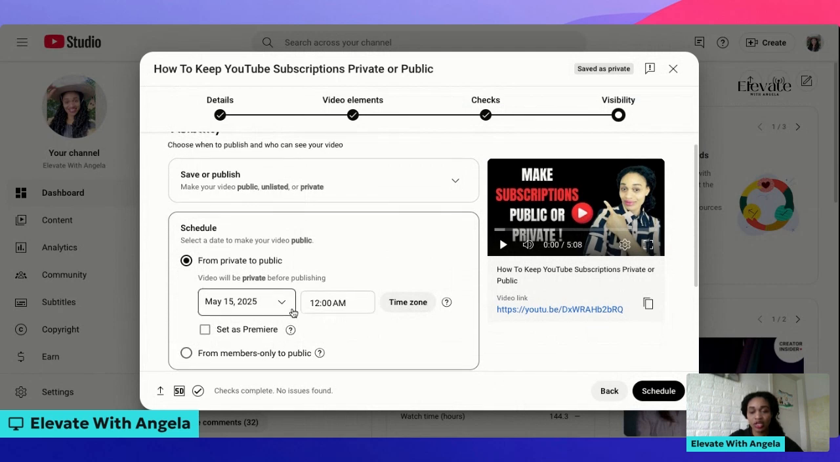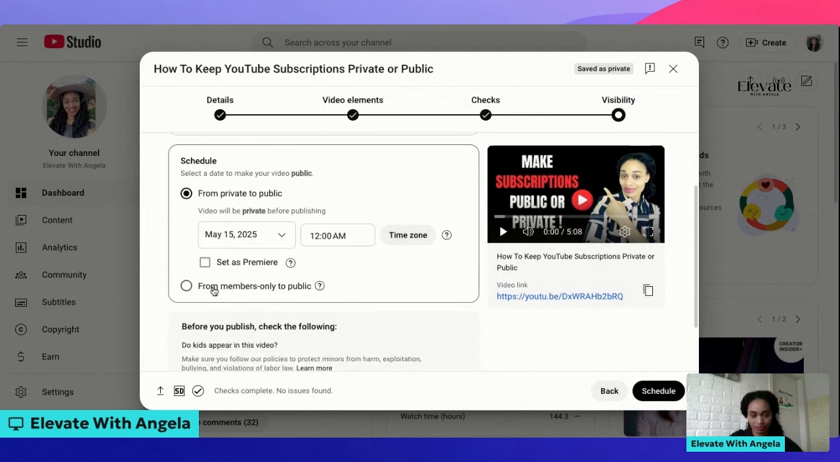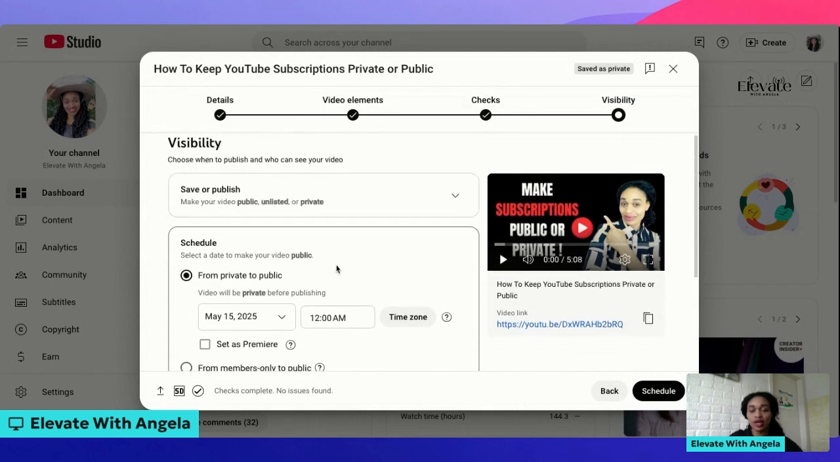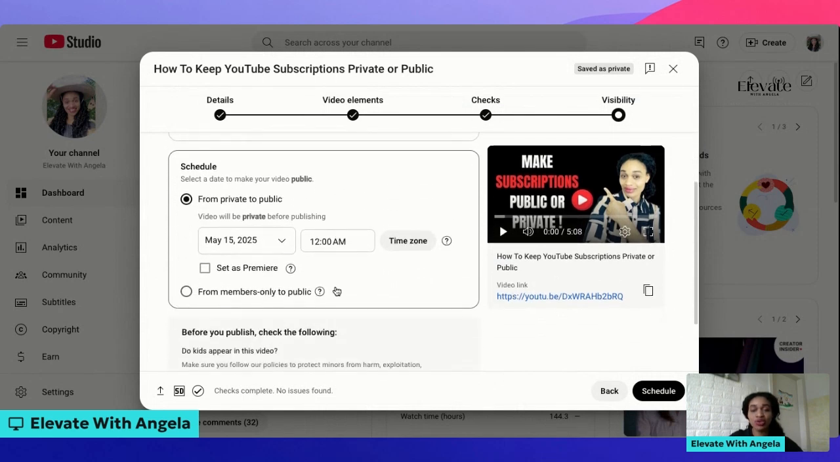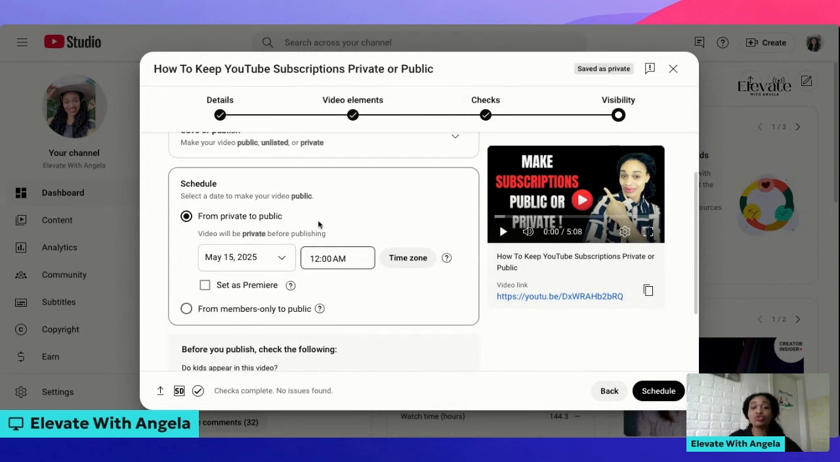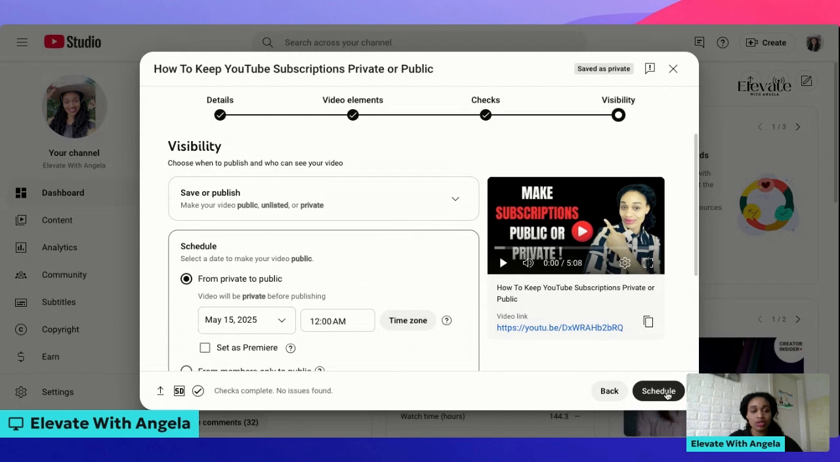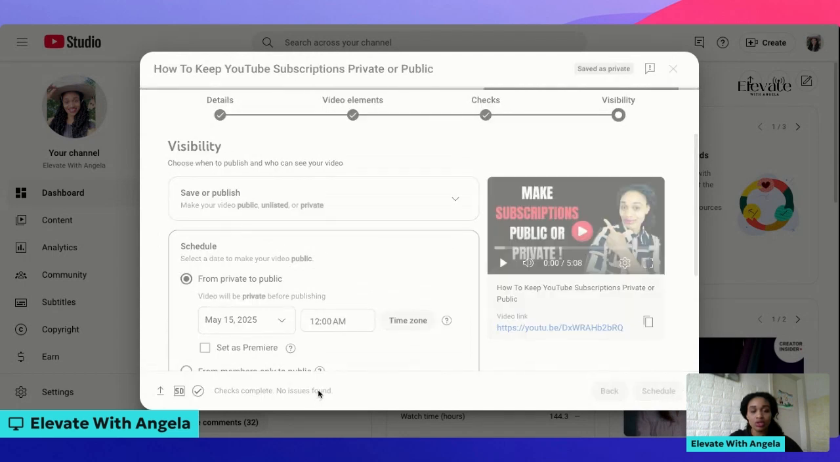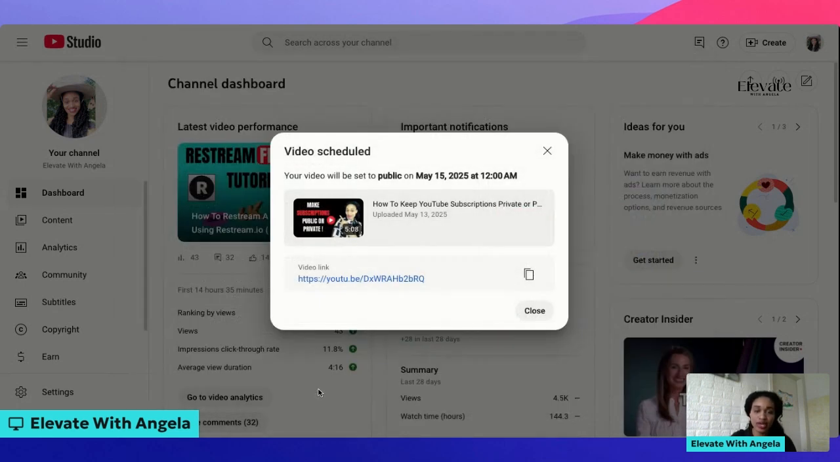Or, if you are monetized, this feature is also going to show whether you want to make your members watch the video first before going public. But that one we are not going in there now. So this one here, schedule your video, and then you click on schedule. You click on schedule, and then you click